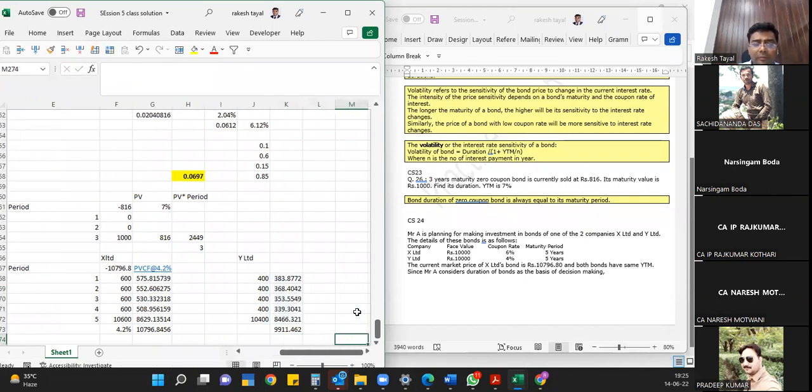So 1.42 is there. Now we have to calculate the duration of both the bonds. So duration of both the bonds means first we have to calculate the PVCF, and PV into period, which is